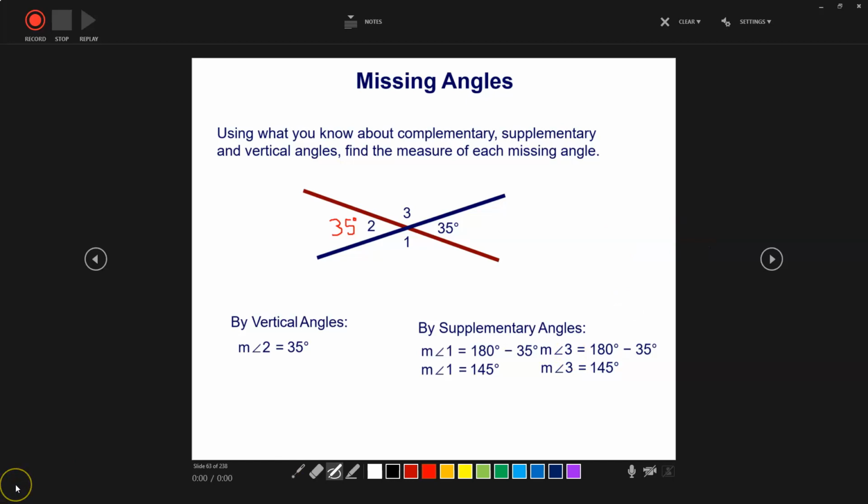Now that we know that those two angles are 35 degrees, look at this line. This is 180 degrees, and we have 35 degrees here. What could we do to find this angle? We would take 180, subtract 35, and that would give us 145. And by angle 1 being the opposite of angle 3, we know that angle 1 will also be